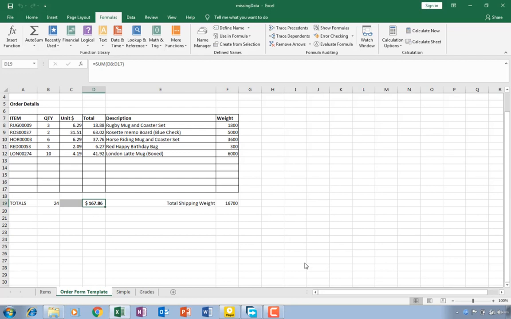In this lesson, we're going to learn how to deal with missing data in a lookup when you are using the VLOOKUP or the HLOOKUP. Okay, so let's open a workbook called missing data, and we're going to open our order form sample templates over here. And let's say, for example, I put inside here a fictitious product which is not in our items list